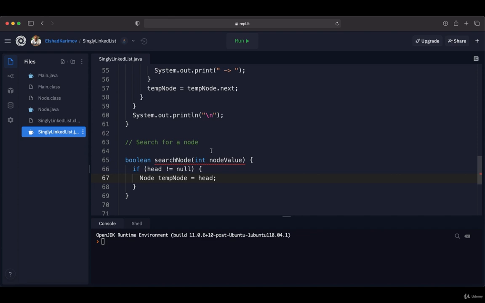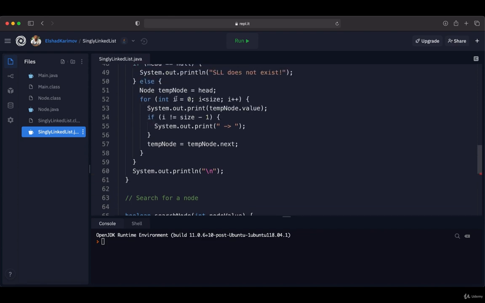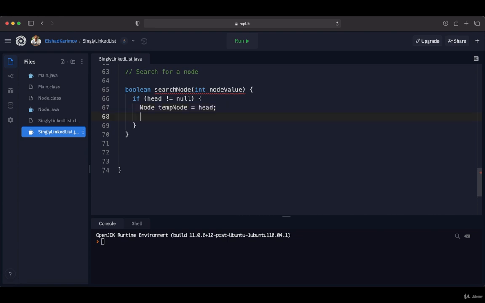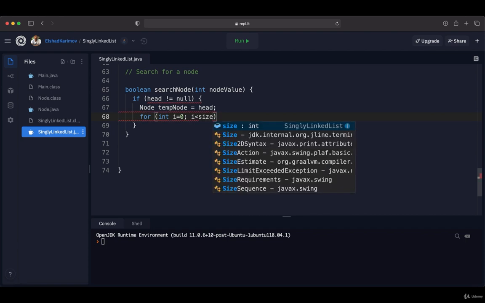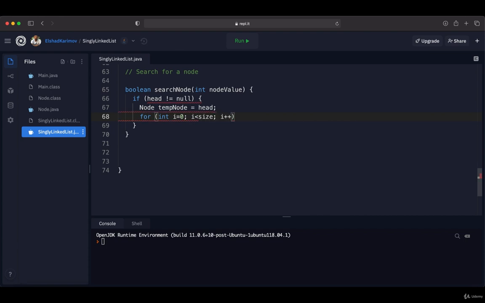Then we are going to loop through the single linked list with the help of size, as we did in traversal. I will create a for loop like this: i starts from 0 and continues until the size of this single linked list, and in each step it is increased by 1. Then inside this loop, we are going to check the current node's value with the value that we are looking for. So if tempNode, which is the current node, has a value equal to